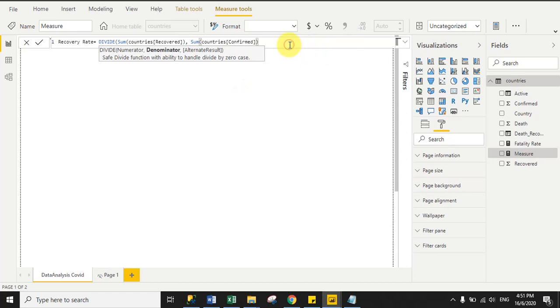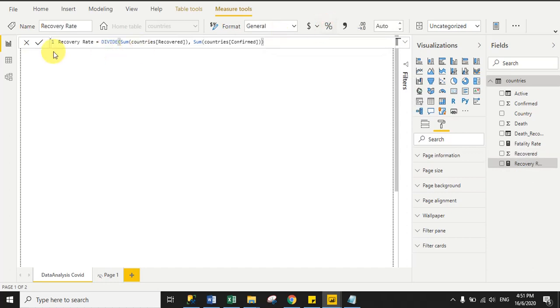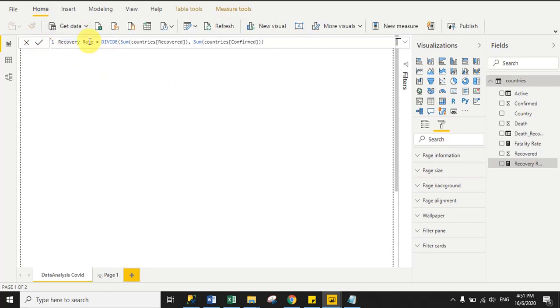And here we need the result in percentage. So click the percentage icon and then click commit, right? So here we successfully created two measures for fatality rate and recovery rate, and also we created the active column, right?